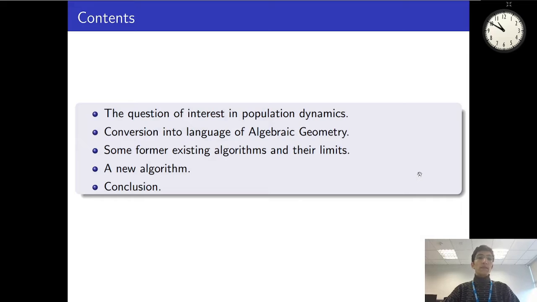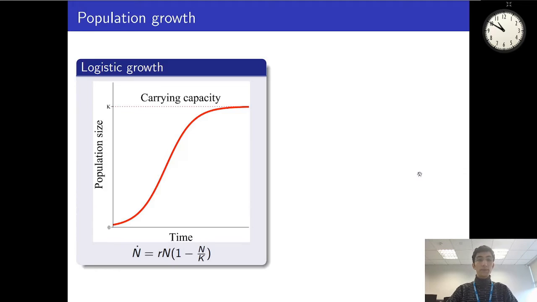So in this talk, I will first talk about a question in population dynamics, and will tell you how it is related to algebraic geometry, discussing the former existing algorithm and their limits, and then introducing a new algorithm to solve the question, and we have some closing remarks. So the most well-known population model is logistic growth that you might have seen in your